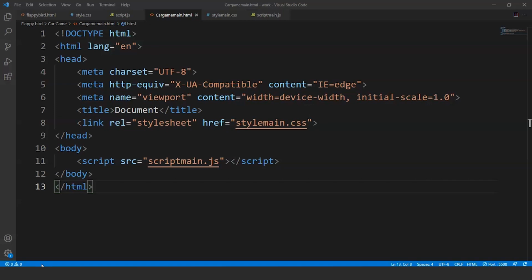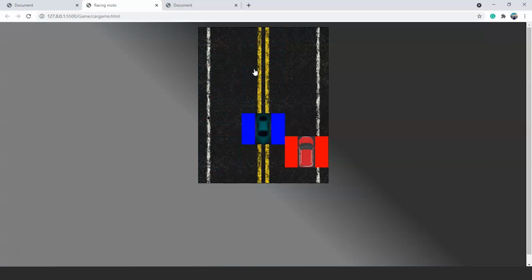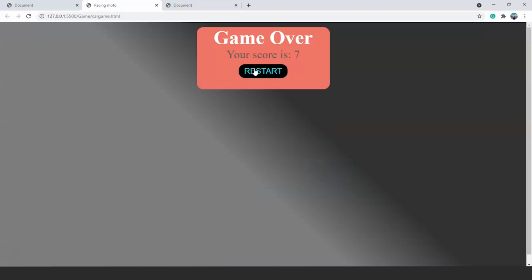Today we'll create a car game in which we have to save a car from obstacles coming towards our vehicle. I don't know the exact name for this game, but let me give you an overview of this game real quick. So here is the game you can see over the screen wherein we have a red car on the road and we have to protect this car by moving to the left or right. All we have to do is to protect this red car from collision with the blue one.